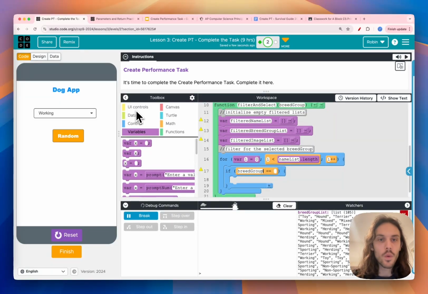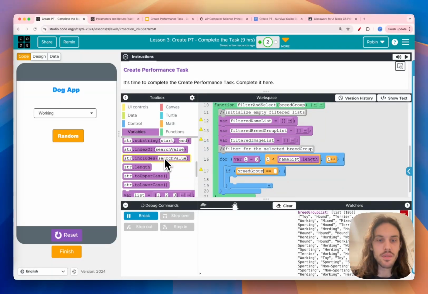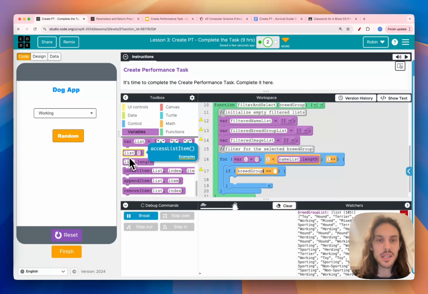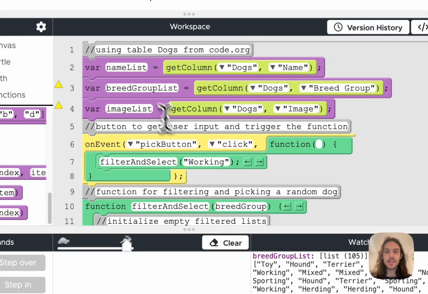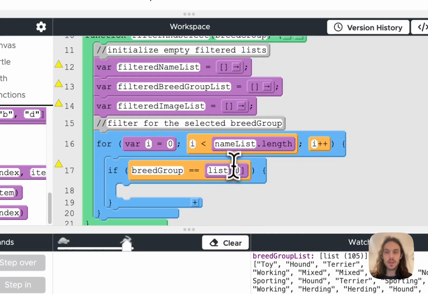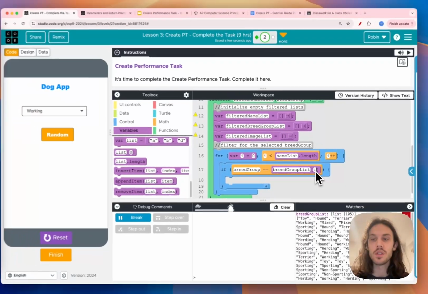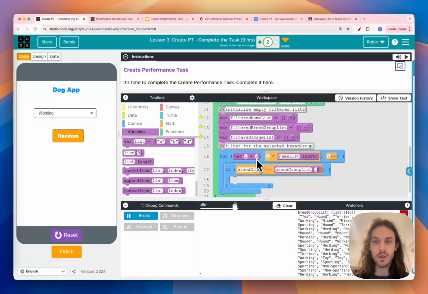To do so, we have to access the list value, and for this we use the list access block. We have to write the correct name of the list. This would be the breed group list. So I'll put this in here, choose the list for which you're checking the condition, and now put in I, because we are not going to check this for 0 all the time. We start with 0 in the beginning. This is the first one, and then we keep counting up. We keep increasing I by 1 to go through the whole list. Start with index 0 until the end, until the last index, to look at each breed